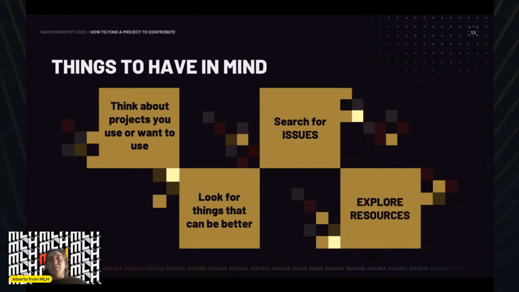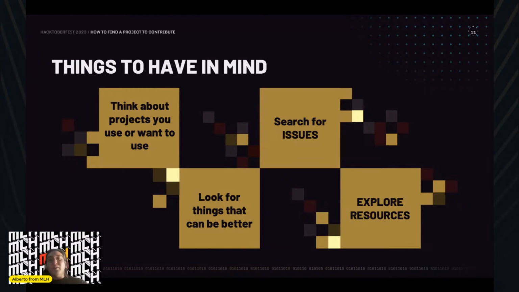And if, up to this point, you can't think of a project that you want to use or already use that has issues or problems you can fix, or things you can make better, well, there are tools we can explore to find more projects and more issues we can check.